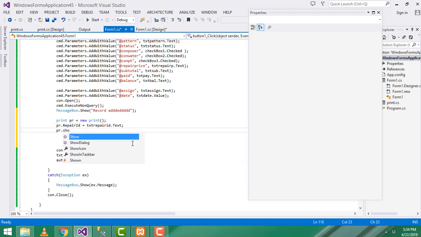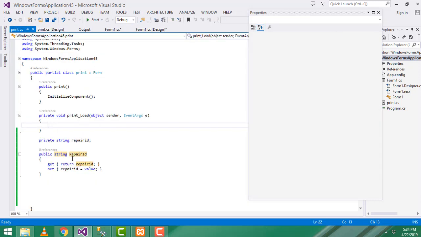It shows on your next page, your print page. What is the value residing in this text box? It's passed to this variable. It goes to the next form print and set. It's get here and it's set here. That's the thing it does. Okay, let's check how it's working. So what I'm going to do is here